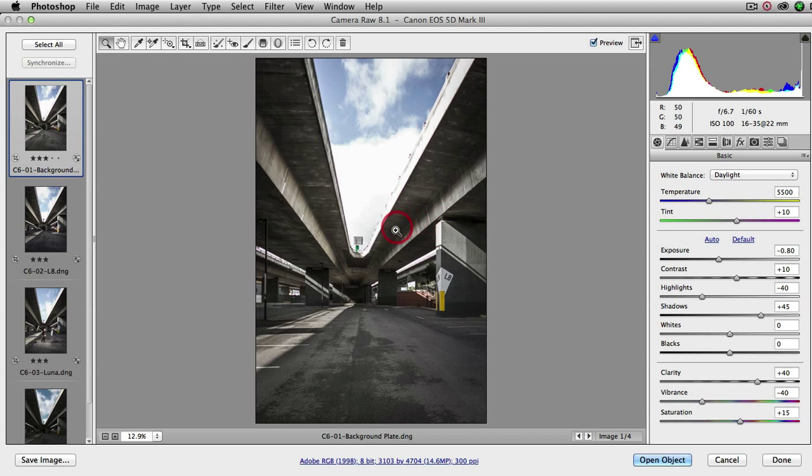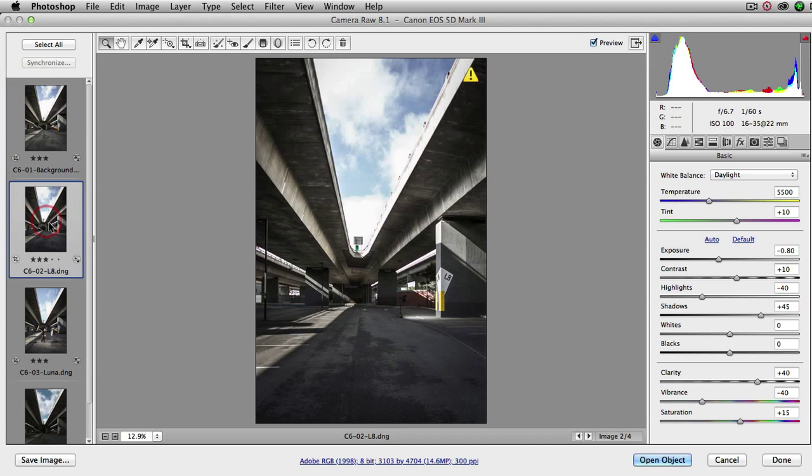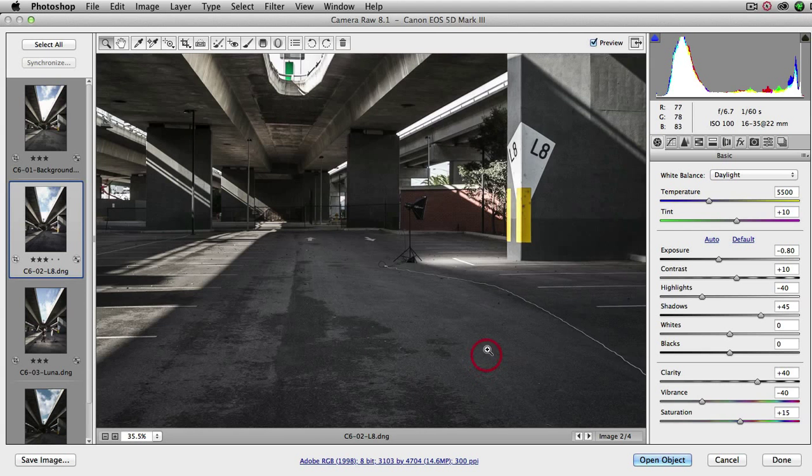The first image we've got is what's called the background plate. We don't have any of the subject matter in here, it's just the location. In the second image we have a small light applied. I'll just zoom in so you can see that light over there in the right hand corner of the image. We're just lighting up this part of the sign here, and you can see the trailing lead leading to the